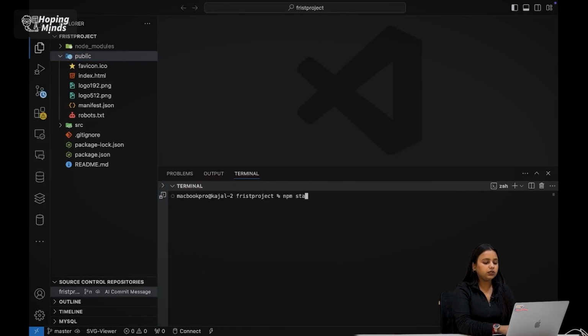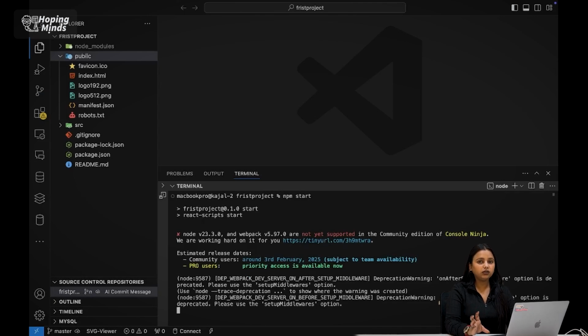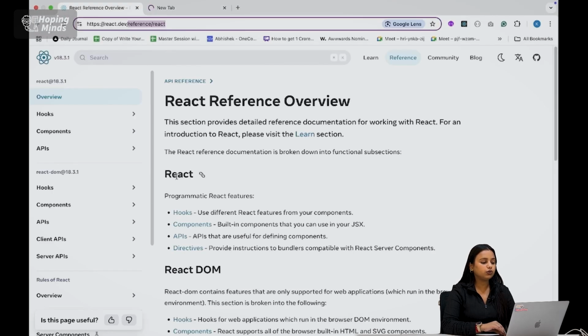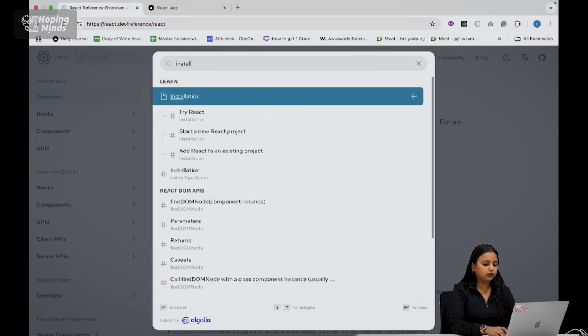Do npm start first. Npm start. Why do you want to do that? Because you want to start your node. Npm is the node package manager which will start the project. Now see, it is starting. It will take some time. So this was the overview. If you want to check installation,